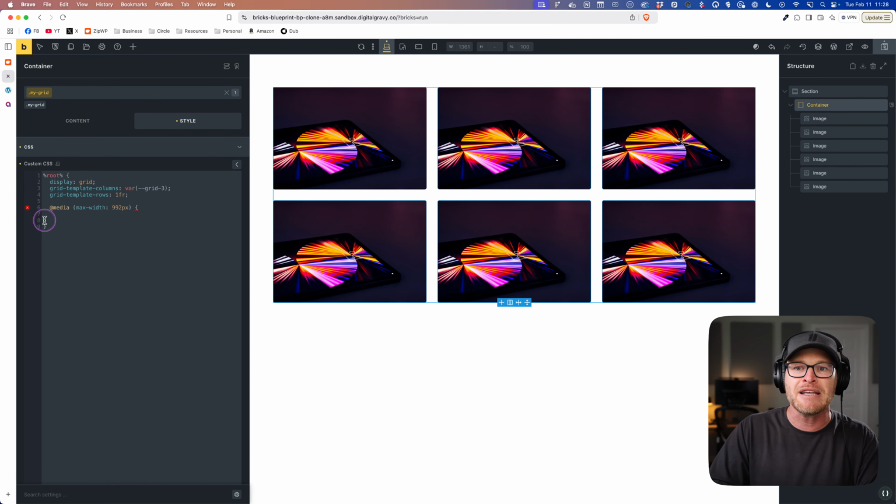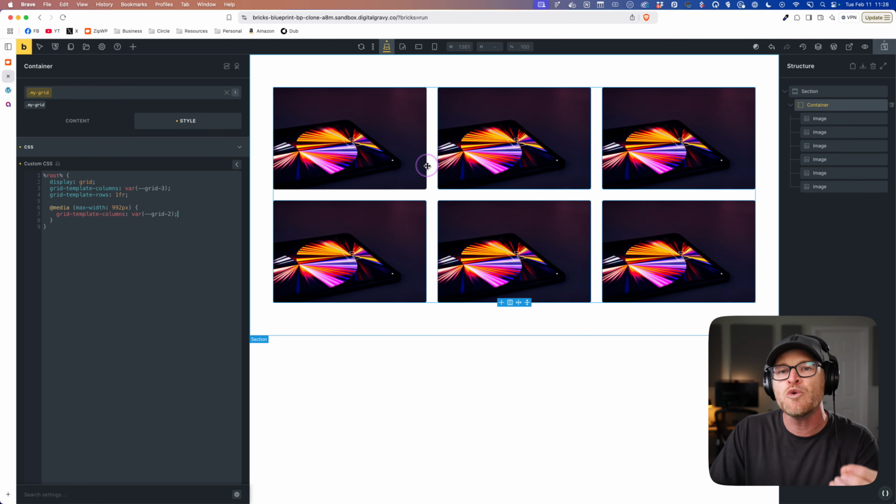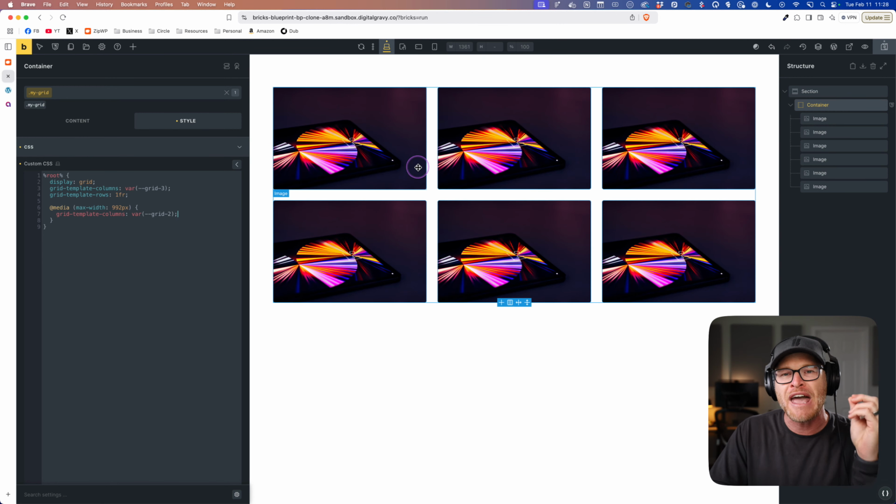And when I expand it, it's going to give me the media query for my L breakpoint, whatever I have set in bricks and ACSS, right? And then I could do something like grid, template, columns, and I could say grid 2. So I'm just changing the grid template columns format, but I can't see it. I can't see what I'm doing. And this is the fundamental problem with every page builder in existence, as far as I know it.